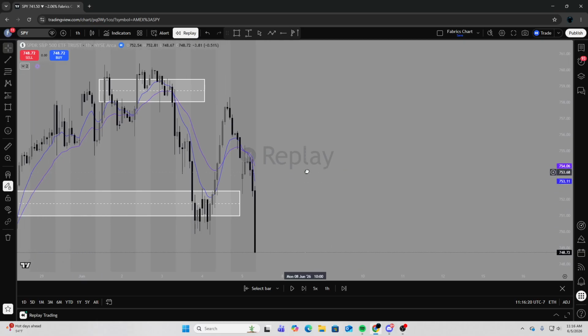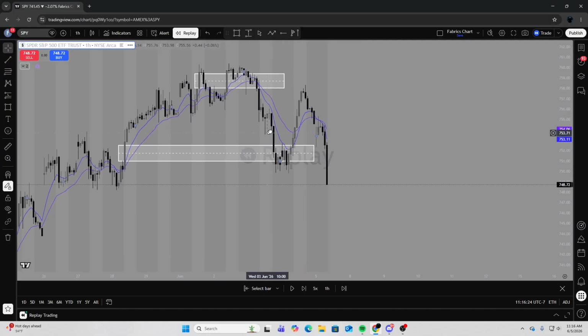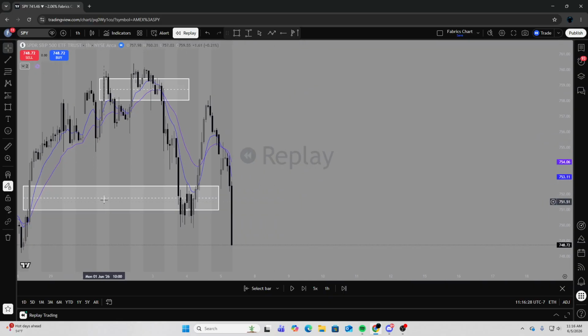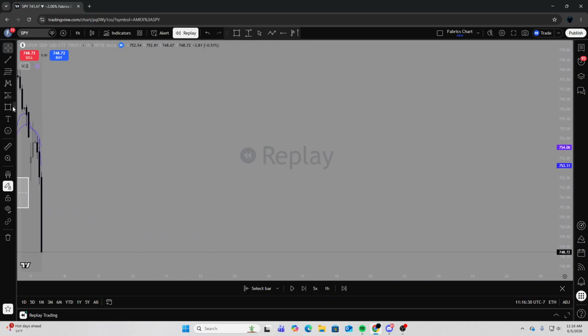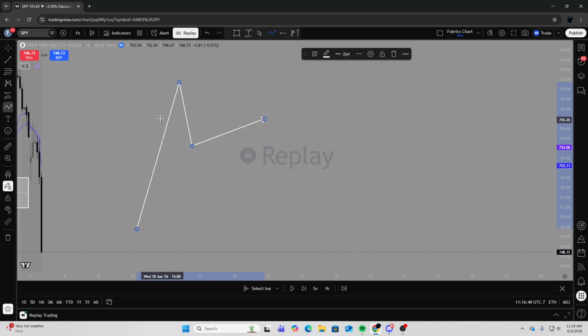All right, so understanding why the market moves and where it goes. We already talked about how the market moves from liquidity to liquidity and also rebalances. A rebalance is just a pullback. After a huge move up, we're going to want to make a move down. Sometimes we'll make a small move down and then go back up. It really depends. When you understand that, it gets easier to read the market